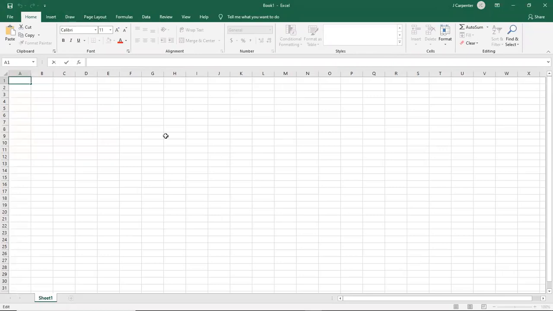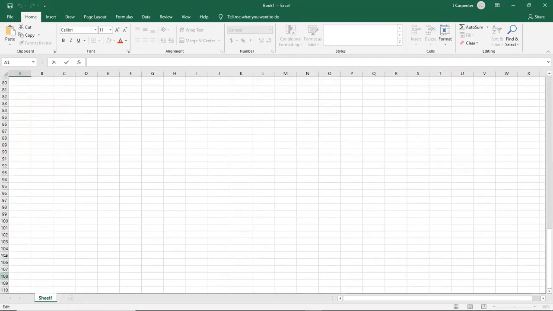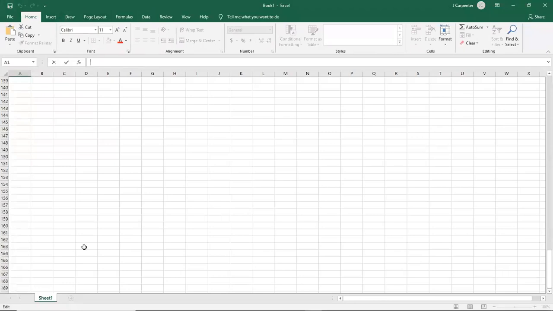So you can zoom in and out on this. If you have a scroll wheel on your mouse, scrolling up and down takes you to lower cells. You can see the numbers getting higher and higher because I'm scrolling down more and more. If you hold Control down, which is on most of your keyboards the bottom left button, you can actually zoom